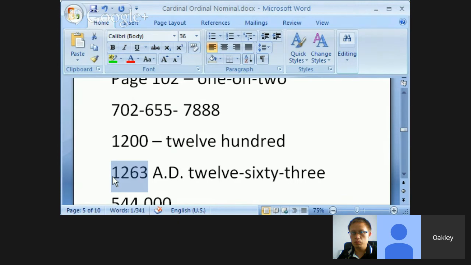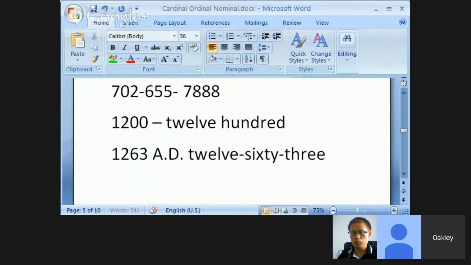1263, 1932. I was born in 1962. I'm not going to say I was born in 1,962. Never. So you will always hear it divided into two numbers. Except for, of course, recent years. For example,